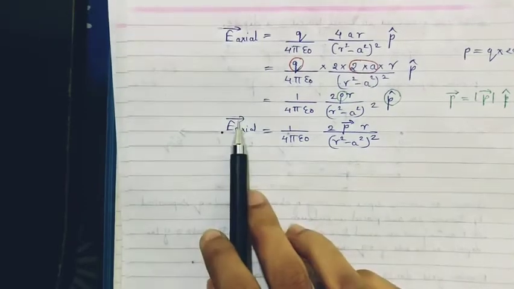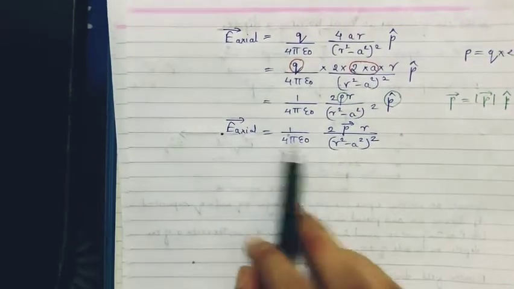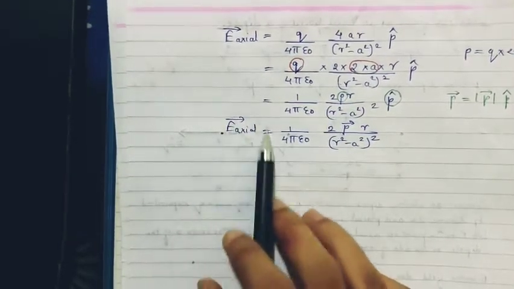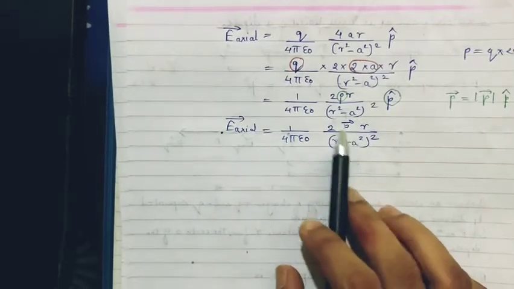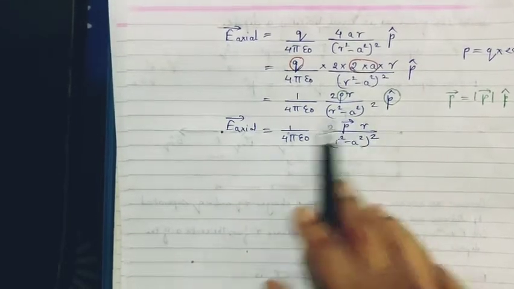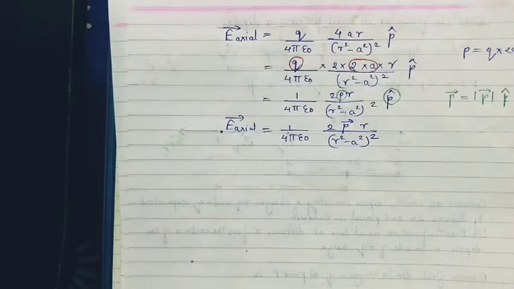So basically if you see both the sides, they are vectors. Electric field vector this side, that is axial electric field, and p vector over here, that is electric dipole moment, which are in the same direction. It will be in the same direction. So if you see the figure,